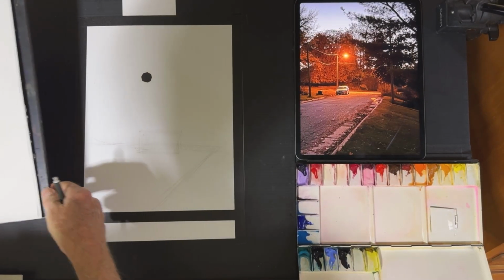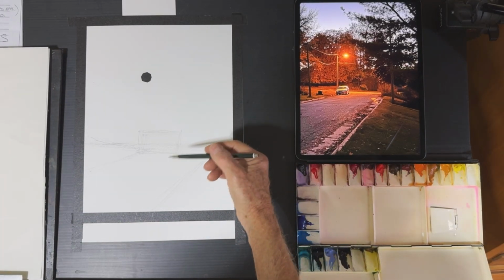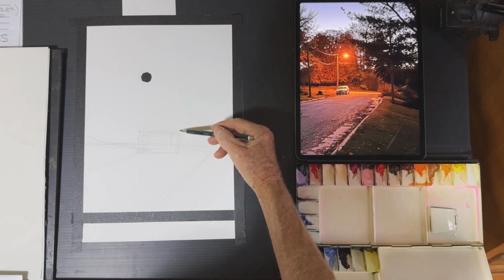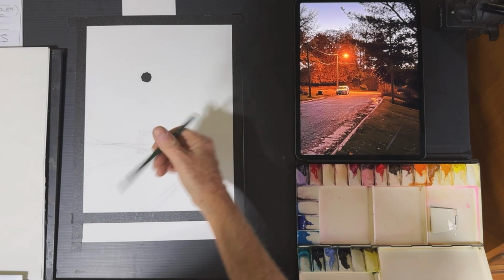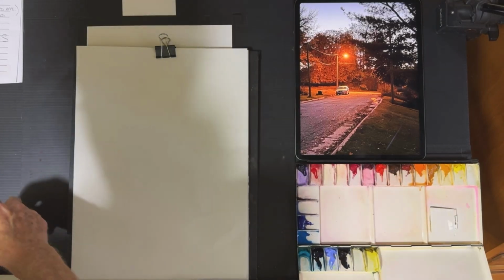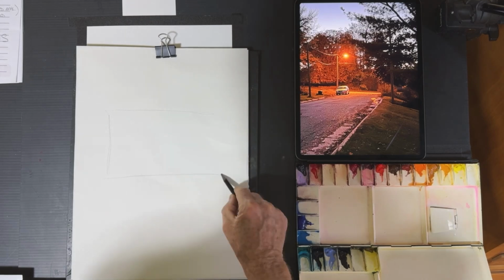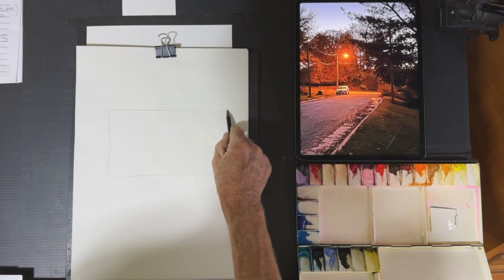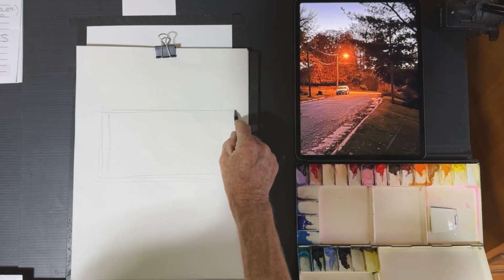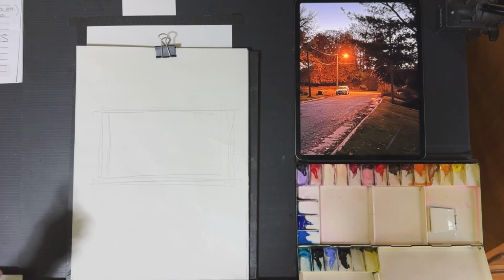So, we've got a problem here. It makes it hard to draw a car. It's at a slightly 3/4 angle, or maybe like 4/5. So, I'm just going to demonstrate this kind of roughly. Here is our rectangle. And this will, I hope, indicate the easiest way to draw a car in 3/4, 4/5,